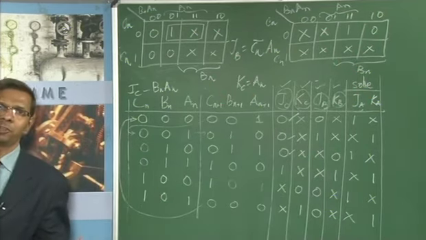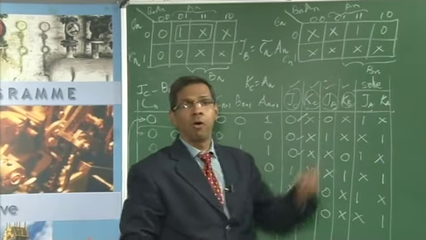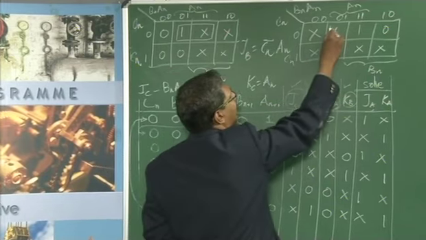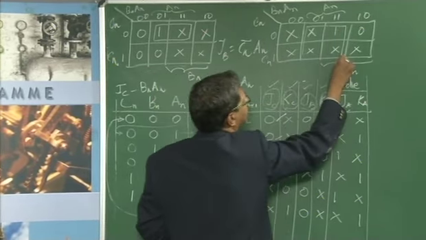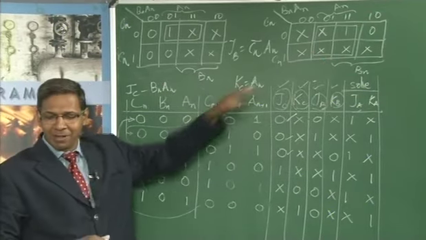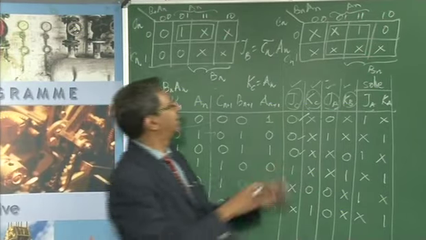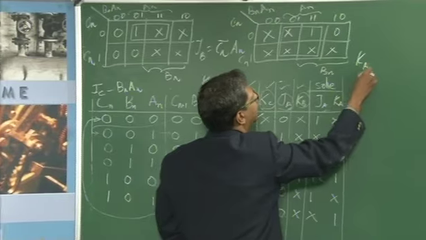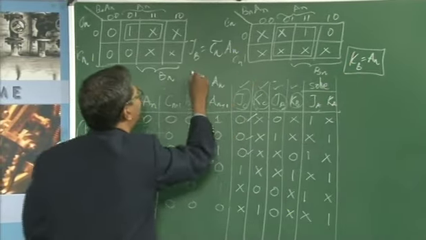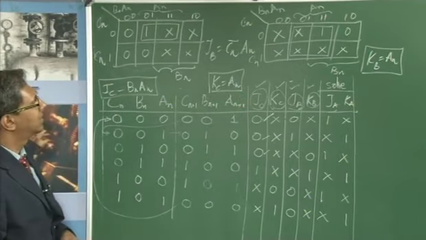Now how many can you merge? 2? Yes. 4? Definitely yes. So I'll go ahead and make it a quartet, which is a group of 4. So what does this now become? It again becomes your An, as was the case in Kc. So your expression for Kb is also An. These become our final expressions, which I am showing here with the square boxes.